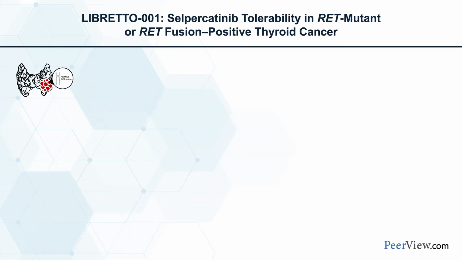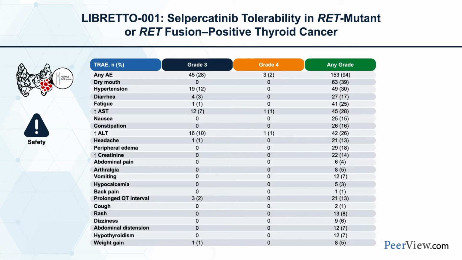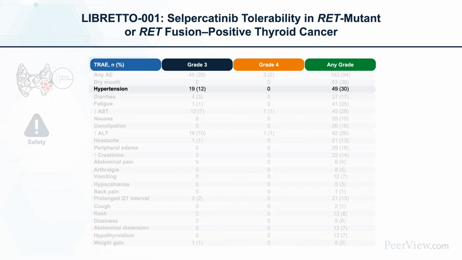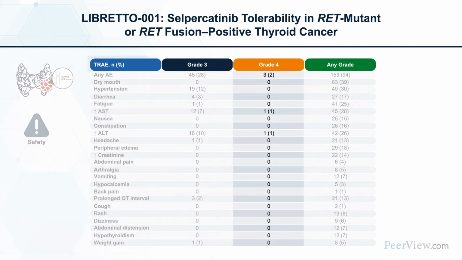Now, what's really interesting, if we look at both the RET-mutant MTC and the RET fusion-positive thyroid cancer, what we look for is the tolerability of these agents. In the differentiated thyroid cancer group, as well as the medullary, we look to see the proportion of grade 3 or grade 4 toxicities that are attributed to the agent. And what you can see here is that there were a handful of grade 3s that were a little bit more common. Only 12% had grade 3 hypertension, which meant that they required 2 or more antihypertensives, but extremely few